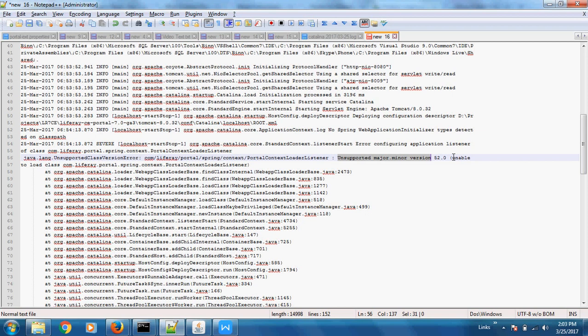Here, as Liferay 7 requires Java 8, it is compiled with Java 8, and I have Java 7 locally. So when we try to run these Java 8 compiled files or the software, it gives an error about the lower version present in my machine.